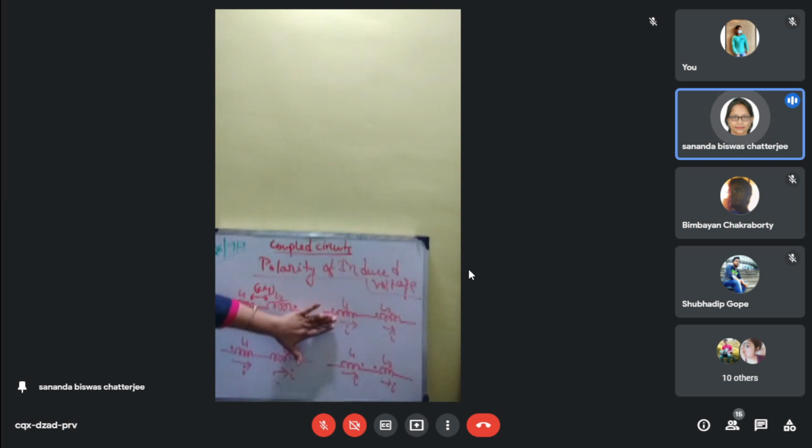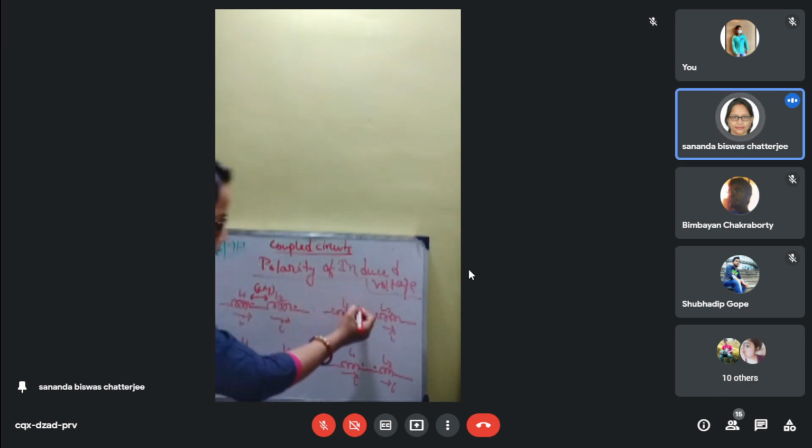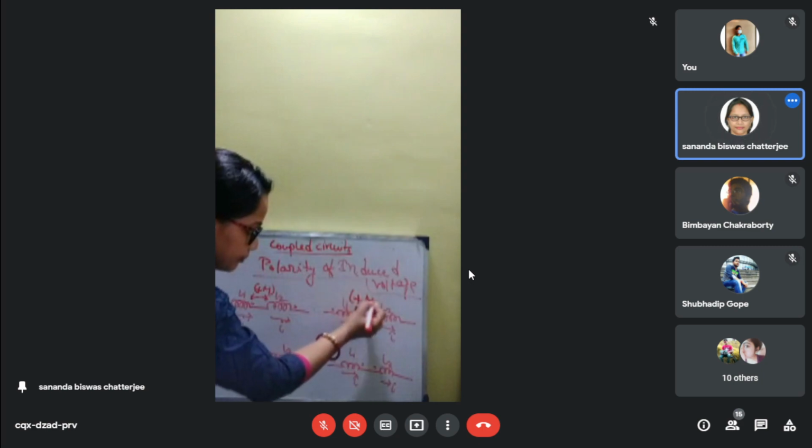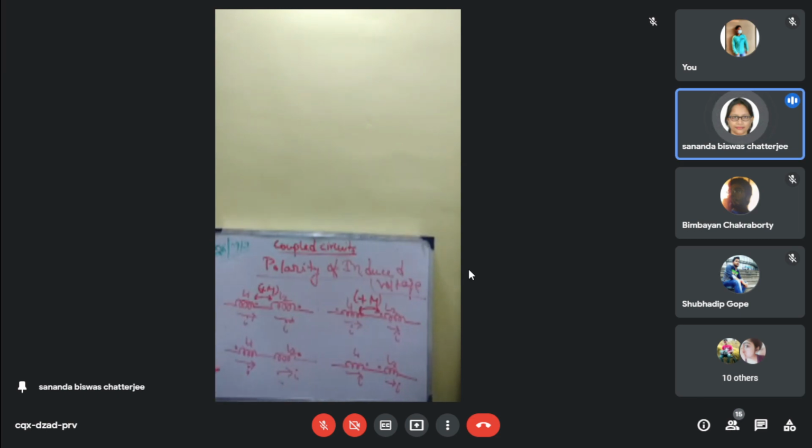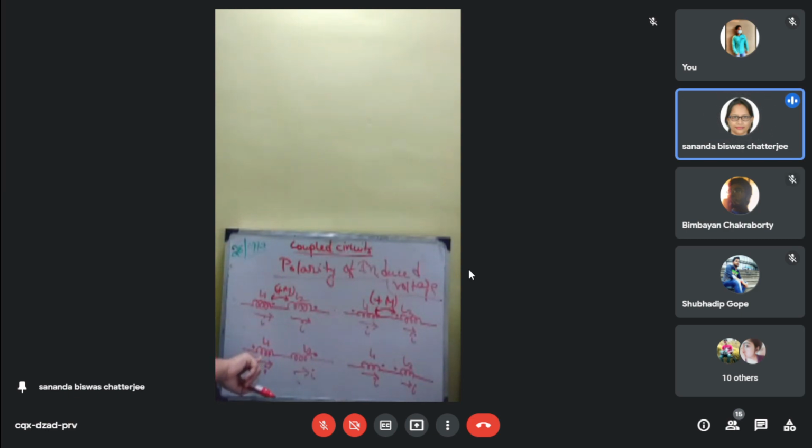Here also, if you are thinking that current is entering from this side, then in this coil also current is entering because the dot is at the first. In this coil also current is entering, dot is at the first, right? In the similar manner, the dot is over there. So here also this is plus M. Okay. Next, for this figure, everybody can see this figure? This one is visible on the board?